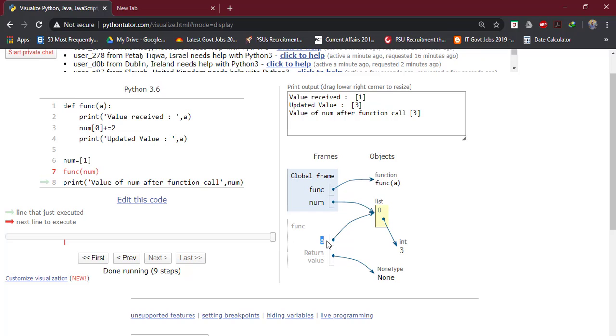But previously a was of integer data type. When a is of integer data type, as in our previous program, the value of a cannot be changed in place and it has to be given a value that has been assigned at a different location. That is the main difference between these two programs.